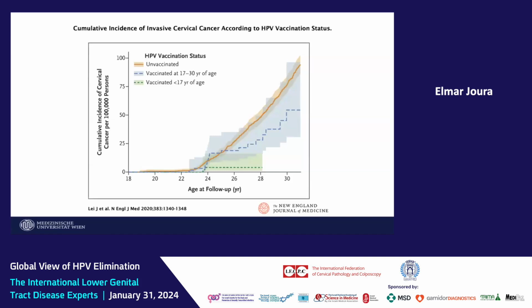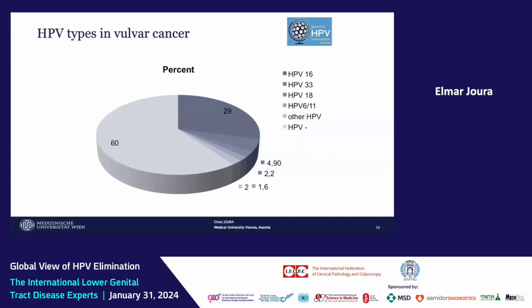You all know this graph from the New England Journal, the significant reduction of cervical cancer, confirmed by results from Denmark and England, and just a few days ago from Scotland. So we don't have data on invasive vulvar cancer and the reduction after vaccination, but we can make an estimate